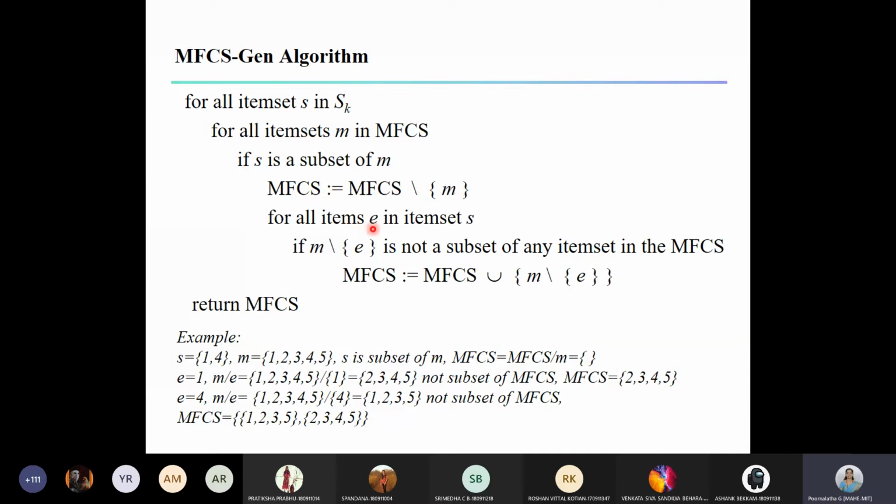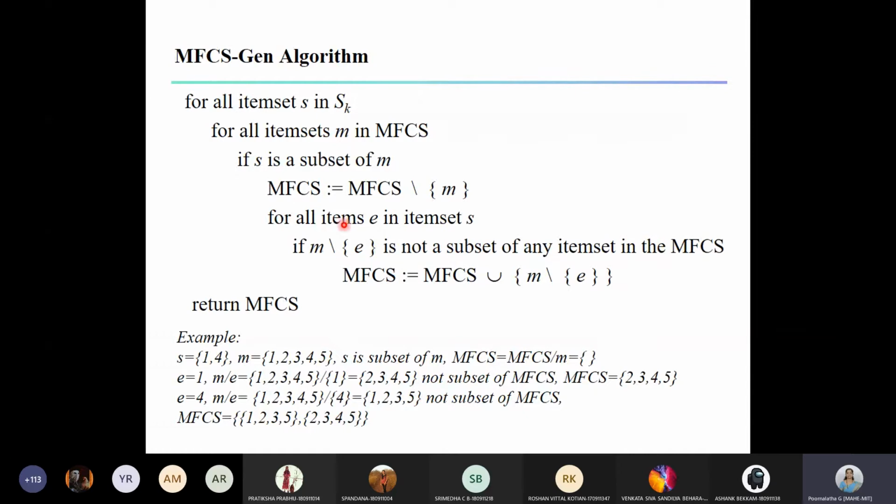For all items E in item set S. S may have more than one item also, right? So for that purpose, E is acting as an index into this S. So we consider individual items from this S. Then we check here: if M minus E is not a subset of any item set in the MFCS, we perform this M minus E and check that with this MFCS.